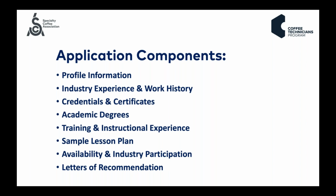First, profile information. Who you are, where you're from. As I said, we are very interested in having a global perspective and representation in this program. So we'd like to know who you are, where you're from, current company affiliations, and what you do. So learning a little bit about you. And then also learning a little bit about your industry experience and work history. This speaks directly to what you've done. Credentials and certificates, we're going to talk about these in particular. Academic degrees,